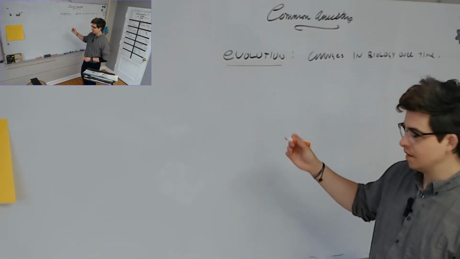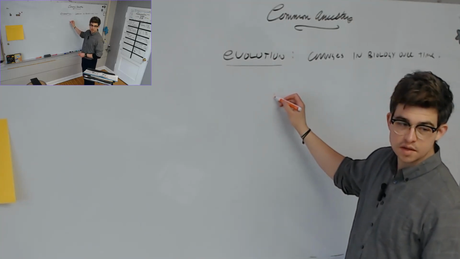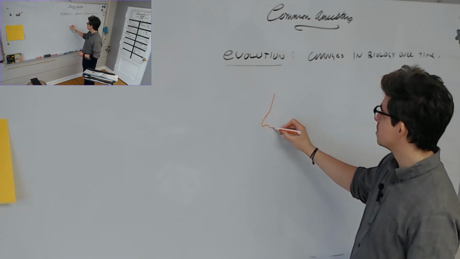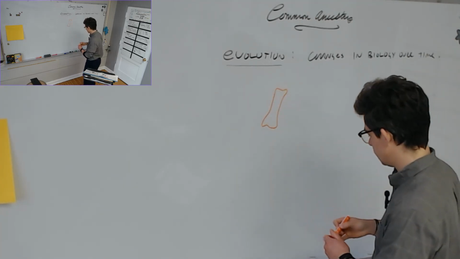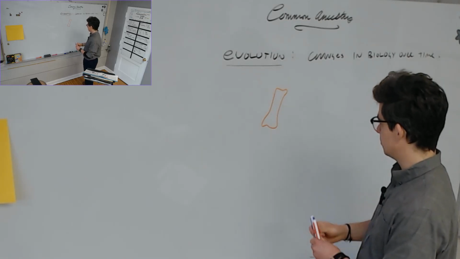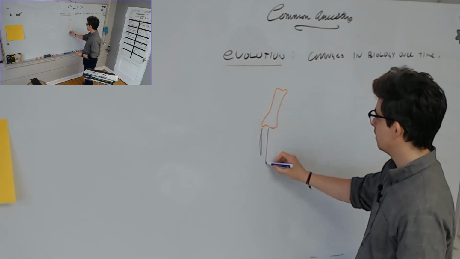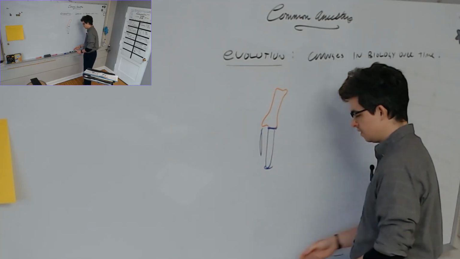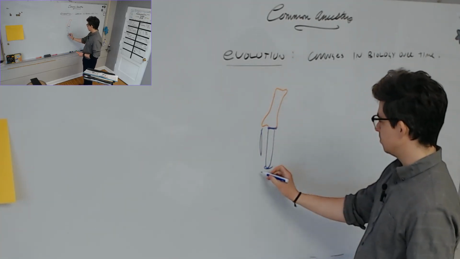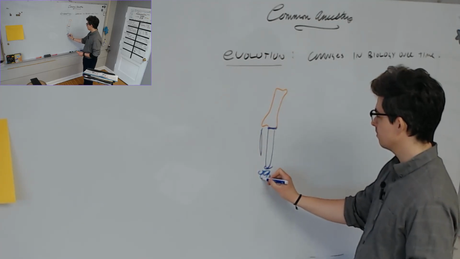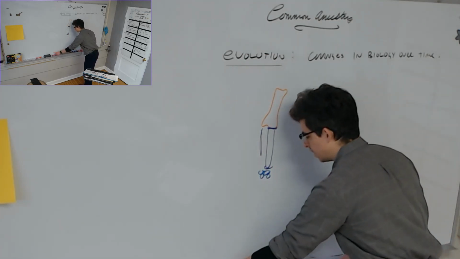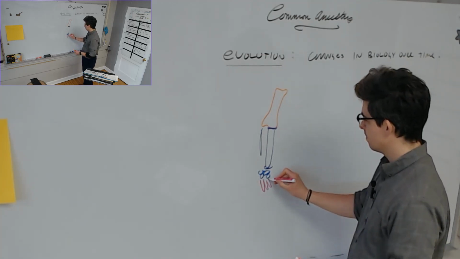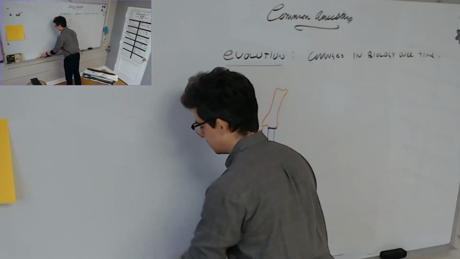This is going to be a wild guess, but let's say we're drawing the forelimbs of these animals. These are all vertebrates. They're all tetrapods. This is going to be the humerus. I'm going to do my humerus in orange, ulna and radius in purple. And then this is for the cow. We're going to do carpals in blue, metacarpals in pink, and phalanges in red.